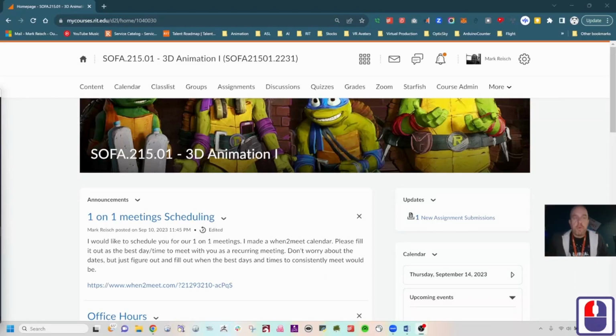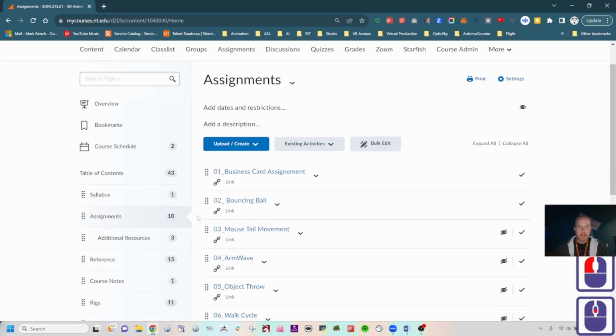Hello everybody. Today what we're going to be doing is looking at creating our ball rig, and then we are going to set that up for animation. So again, if you are not familiar with rigging, or you don't want to go through the rigging process, or you're having problems with the rig, you can always use the rig that I'm supplying here in